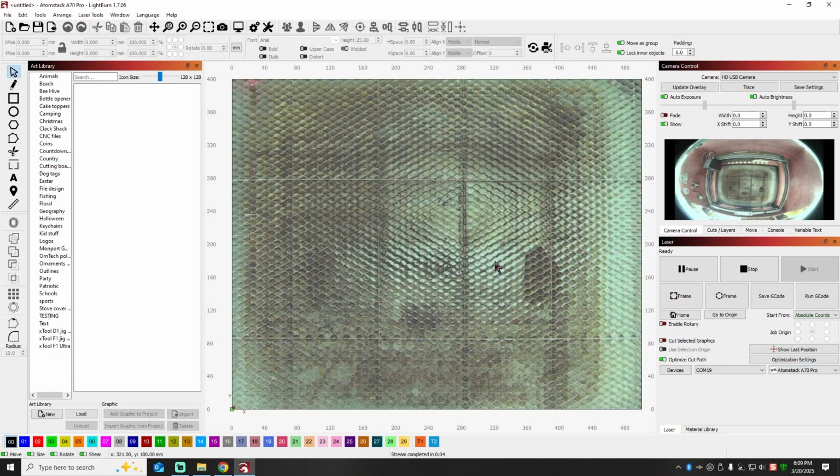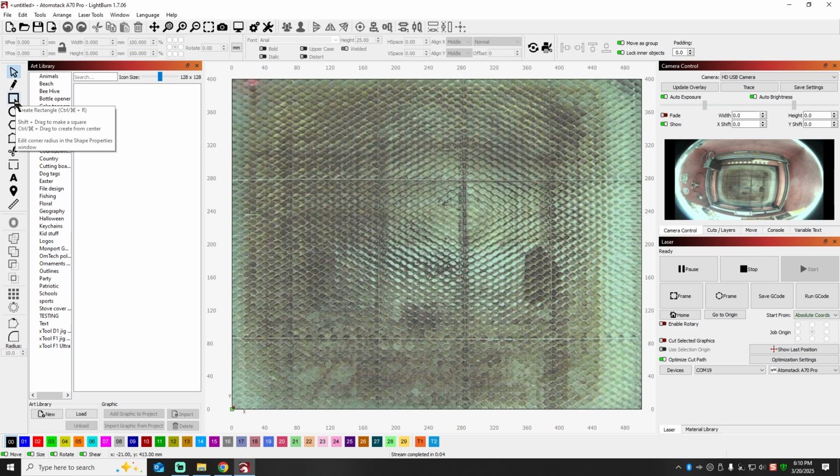All right. So now that we've got our machine connected, I'm going to be running the A70 Pro, and we're sitting here in Lightburn. So the basic fundamentals of the software, guys, you've got all these little icons up here on the toolbar. Now, instead of going over what every single one of them does, if you'll just hover over them, they'll tell you. You see the little tab that pops up? So that's for a new file. All you gotta do is hover over it, wait for a few seconds. That opens a file. All right, hover over it. That saves a file. Anywhere on this program, you can hover over the control buttons, and it will tell you